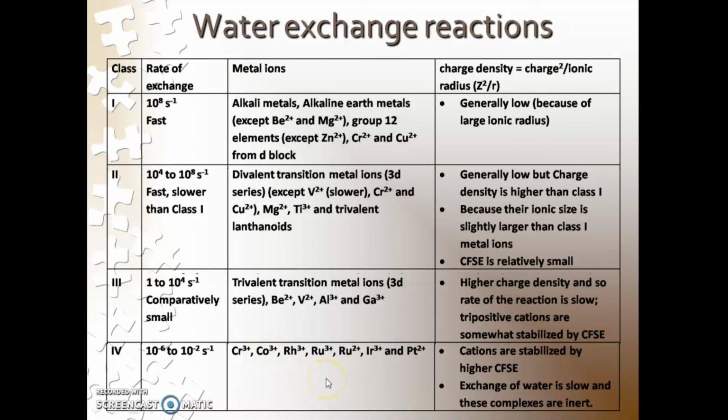So whenever the question comes in the examination, some of the questions directly have this keyword: the rate of water exchange reaction for the following ions, or find out the trend in the rate of the water exchange reactions for the following ions. Or they will not say this as the water exchange reactions. They will simply give the aqua complex mixed with the transition metal ions and also with the alkali metals or some other lanthanoids or something like that.